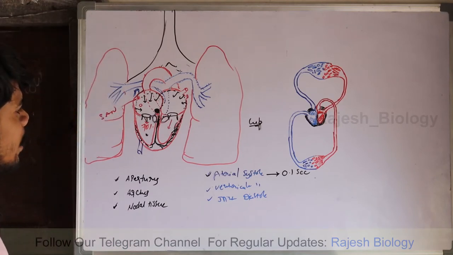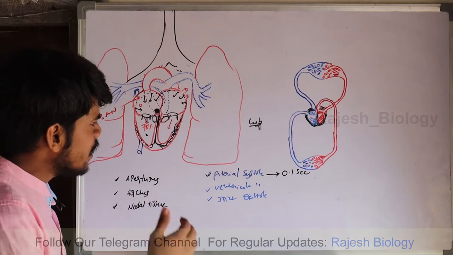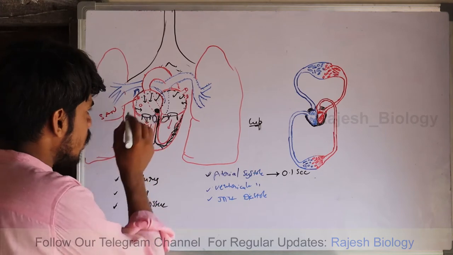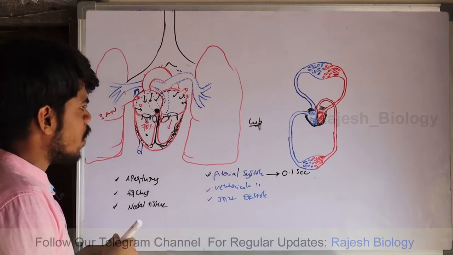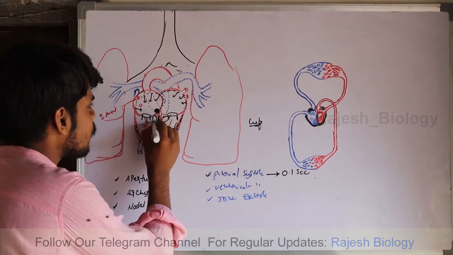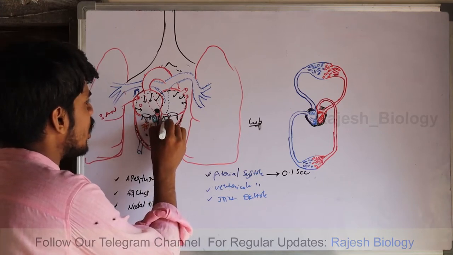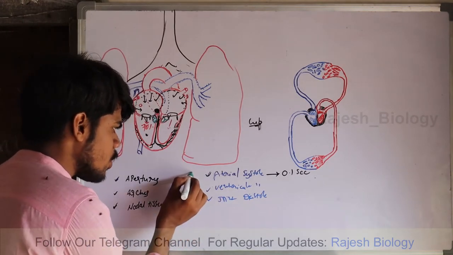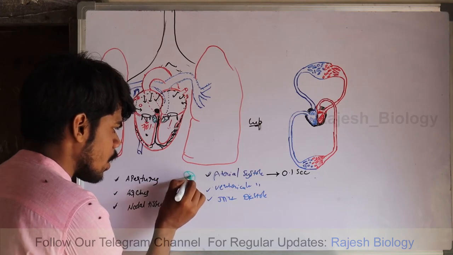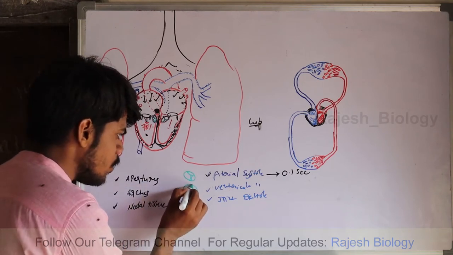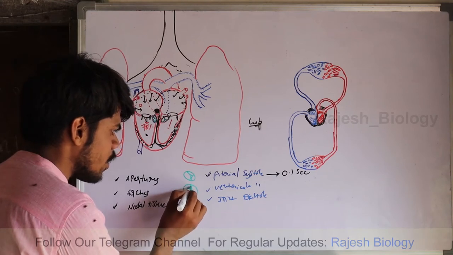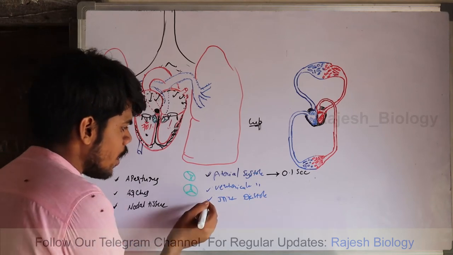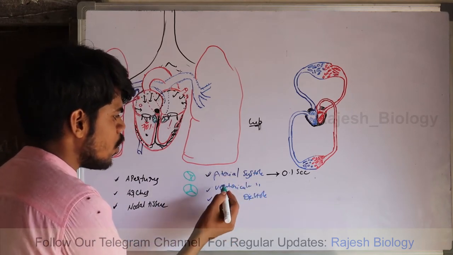And then next, what happens? The pressure increases more and more. Due to the closure of the atrioventricular valves, that means the bicuspid and tricuspid valves, the blood enters the pulmonary and systemic aortic arches. Now, what happens? In the atrial systole phase, the semilunar valves are closed. In ventricular systole also, they are closed. At the beginning of ventricular systole also, they are closed. At this time, when the pressure is increased more than the